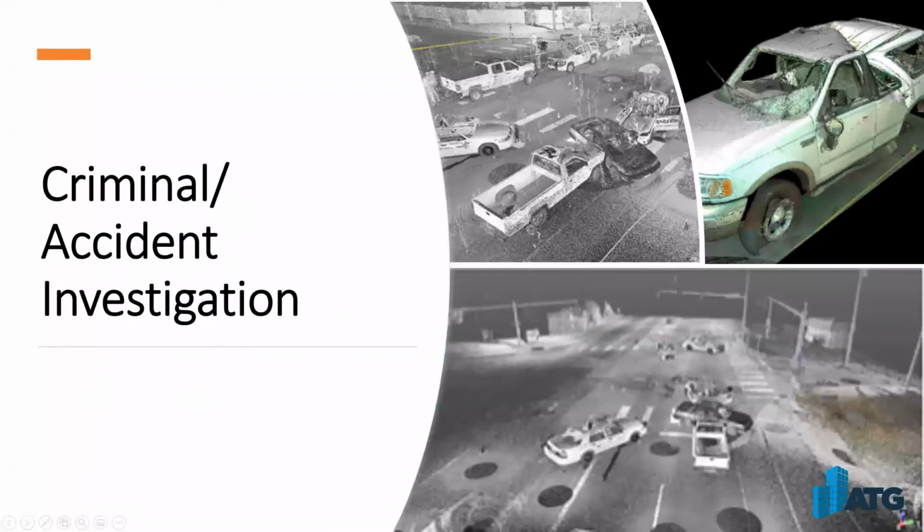Okay. Criminal and accident investigation. I remember a couple of years ago watching a video about a sheriff's department talking about how they were using a BLK360 to scan accident scenes, and I didn't know this before watching the video, but